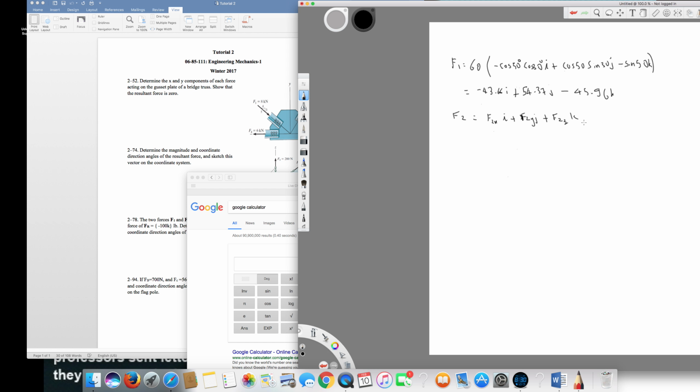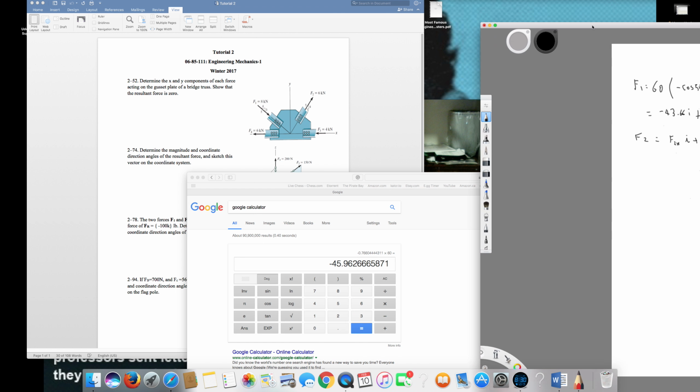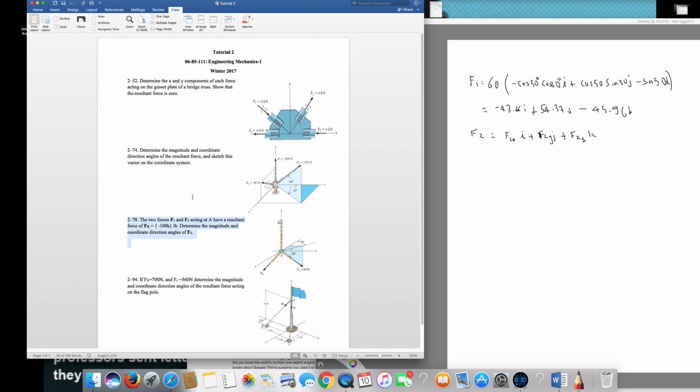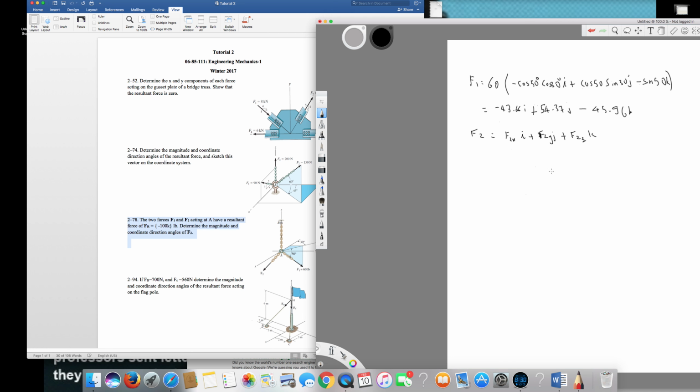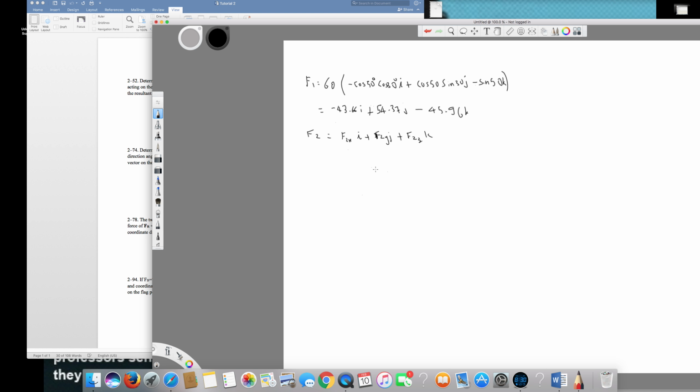As we already know, the resultant force is going to be equal to f1 plus f2, because these are the two forces making the resultant force. So if I add these both together, that should give me the resultant force. So Fr is going to be equal to f1 plus f2,